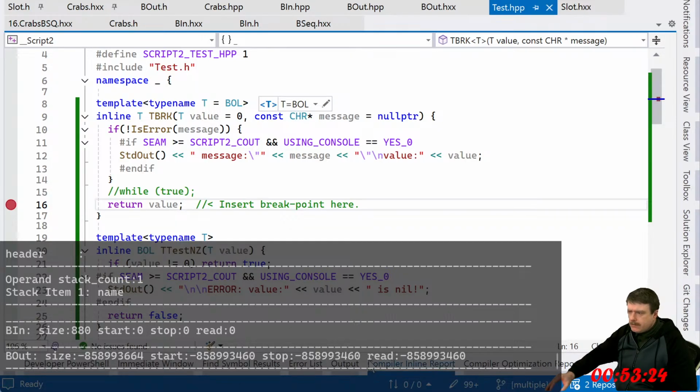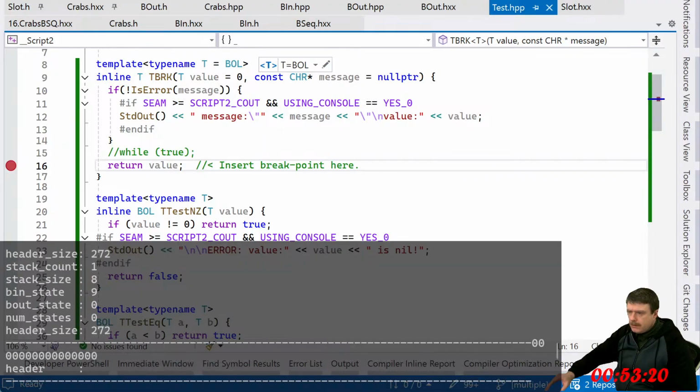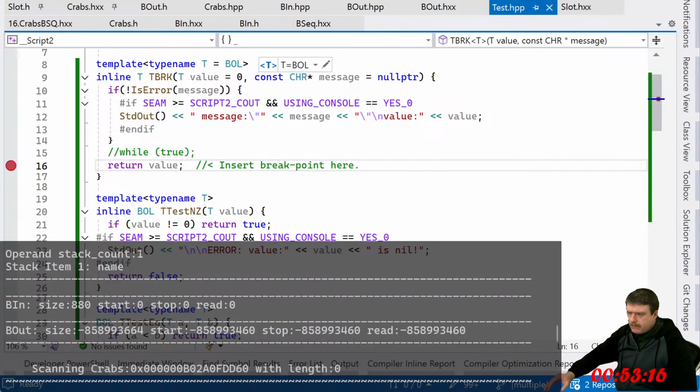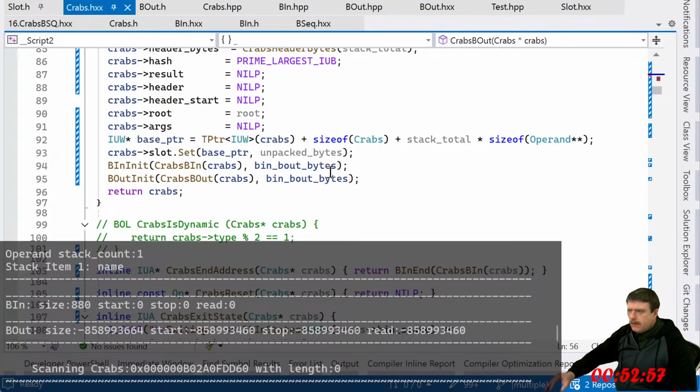Well, that's not right. Huh? What happened here? Where did it get initialized? Right here?